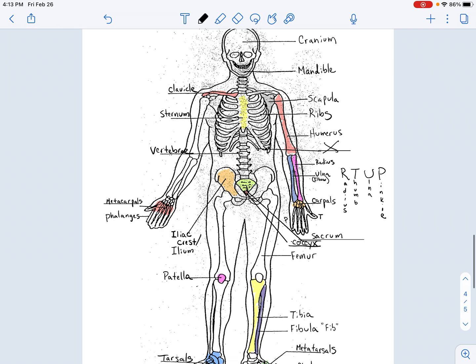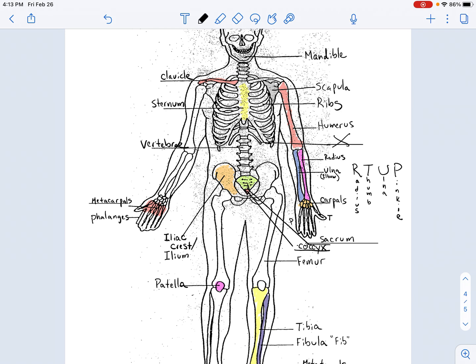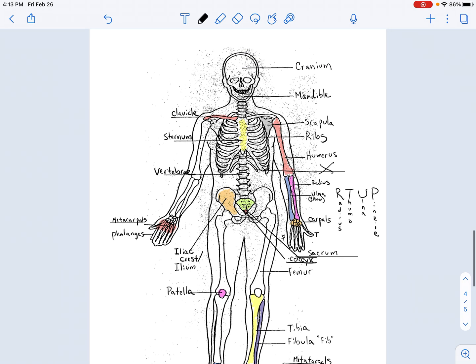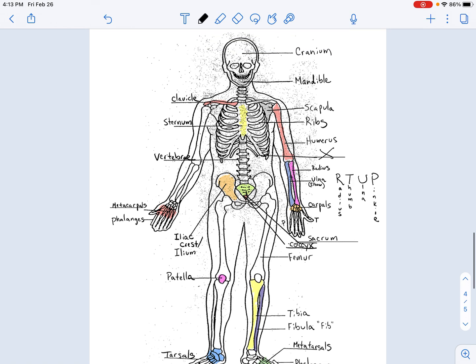And those are all the bones that you are responsible for. Make sure you correct the metacarpals and the carpals. Those were accidentally switched at the beginning, but I fixed it already. And you are going to definitely need to practice. So the best way to do that is getting a blank skeletal diagram and practice labeling it as many times as you need so that you remember all your